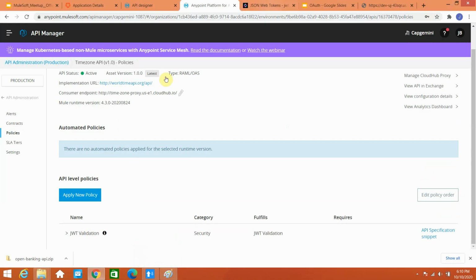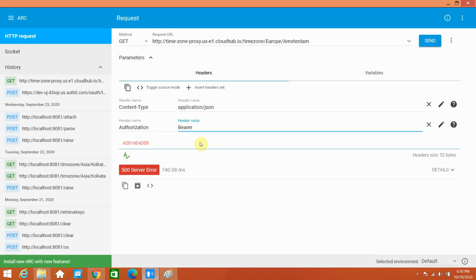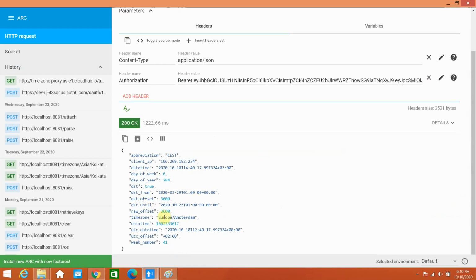Copy the token, go to your REST client, and then send it. So we got a successful response, right? So this is how you can use client credentials as your grant type.